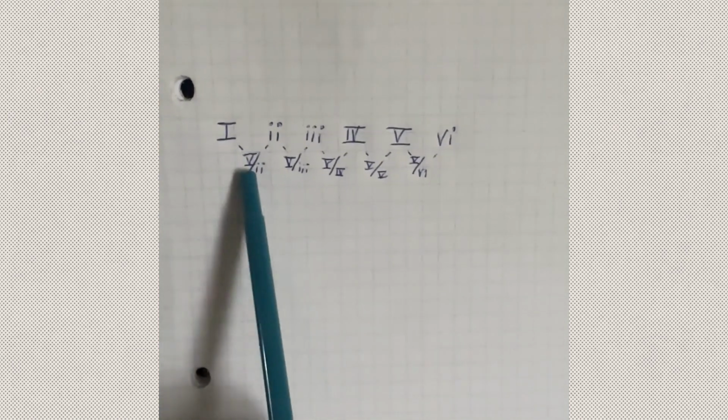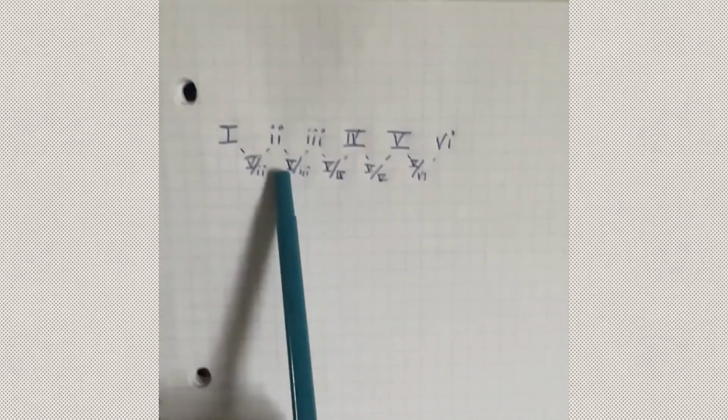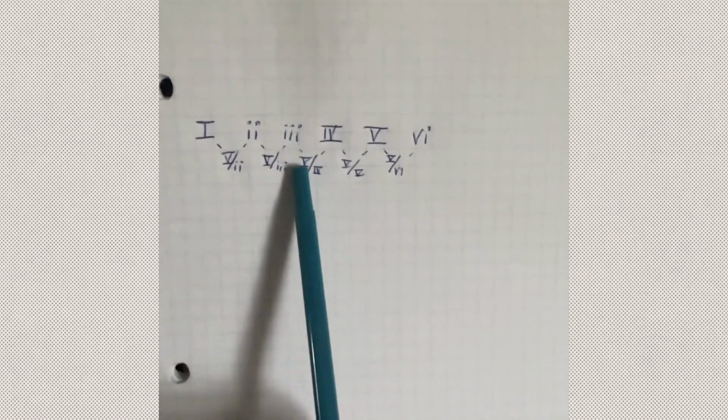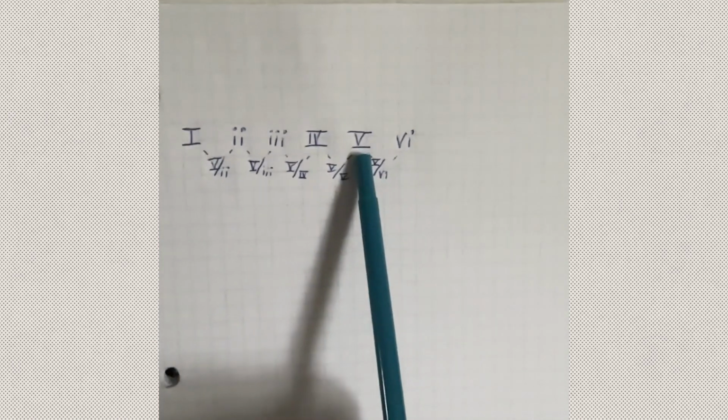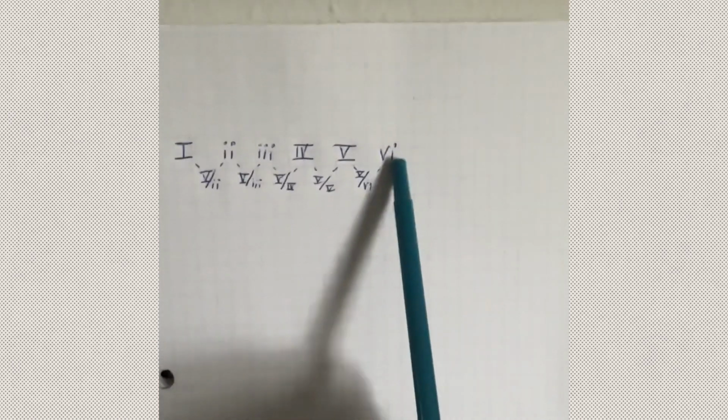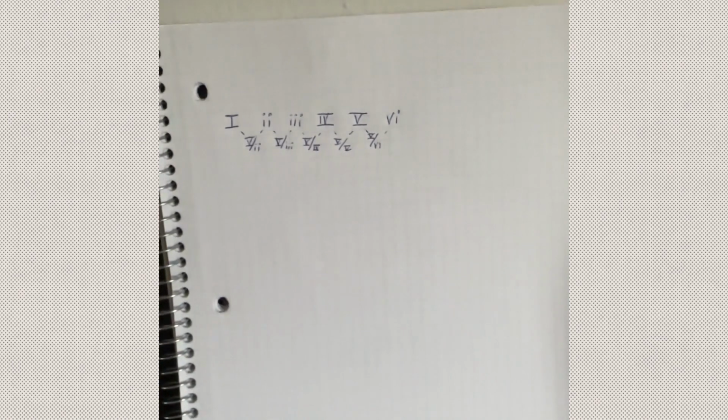So we have 1, 5 of 2, 2, 5 of 3, 3, 5 of 4, 4, 5 of 5, 5, 5 of 6, 6. And this is a great exercise that I like to do to help point me in